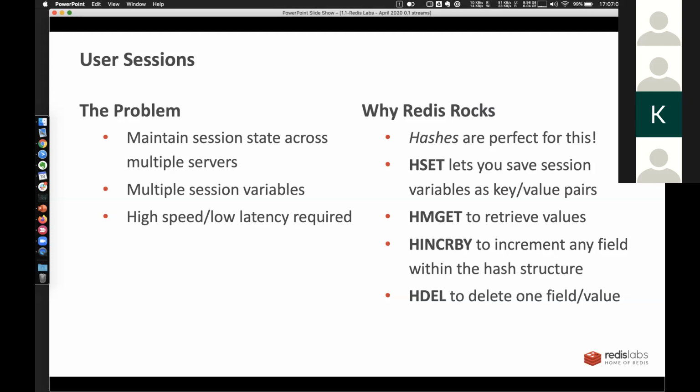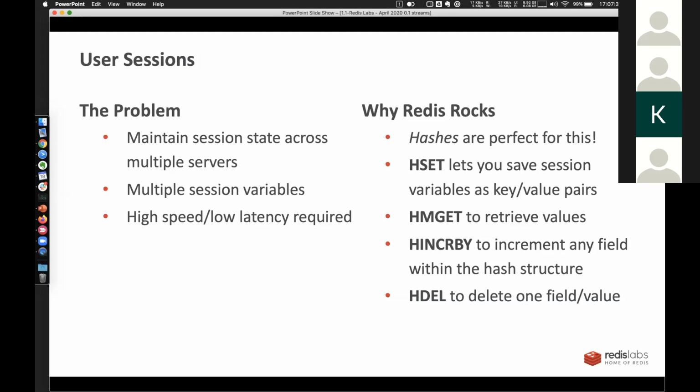Okay, thank you. So now, the user sessions use case. You have multiple web applications. The users are making requests to those web applications. You need to get the user profile, then serve that request. You want to keep your web service stateless so that you can scale them independently. And normally the way you keep your user sessions or user profiles is key value,